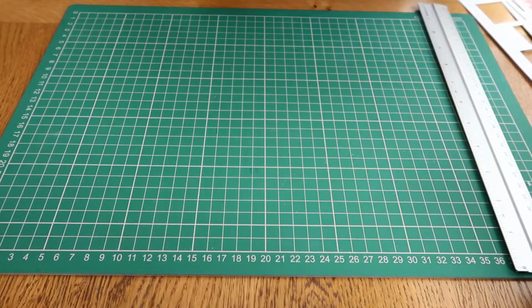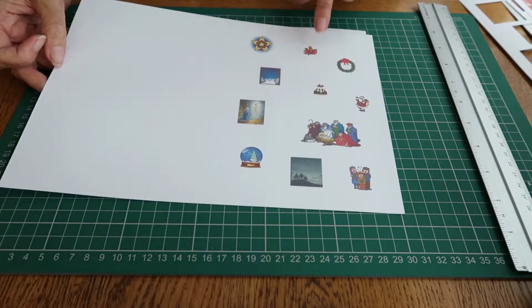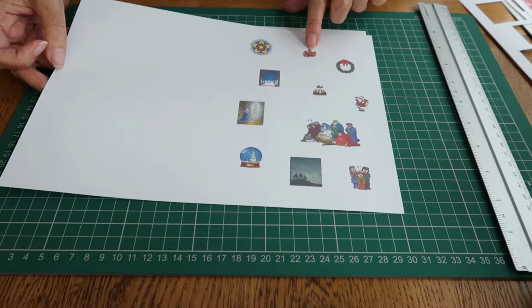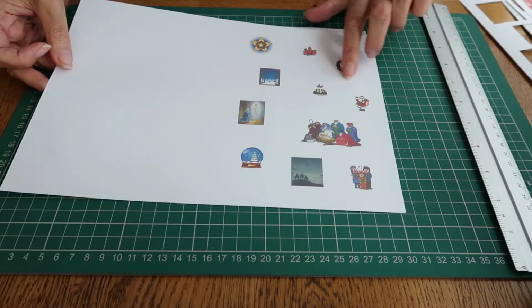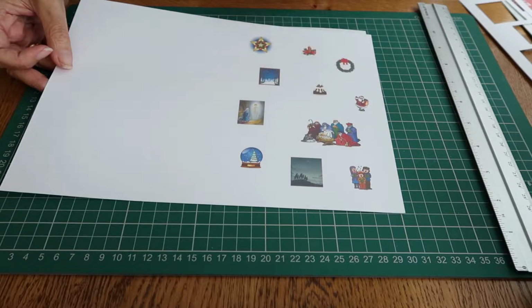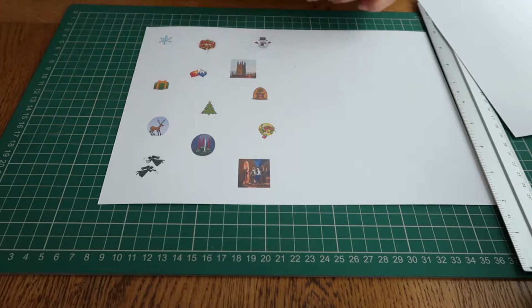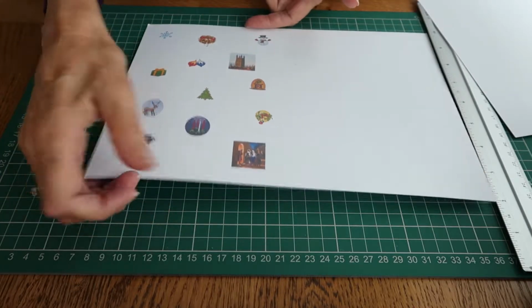The next thing I need is three sheets of A4, two of which will have the pictures on that I've got on my computer, and there are various different sizes, 2 centimetres, 2.5 and 3 centimetres, and I've also done bigger ones for Christmas Eve as well. So that'll be on the right hand side, and they're on an A5 template. On the left hand side, another selection of pictures, and of course you can choose what you like from the hundreds of free clip art available online, and it's just a question of printing them off